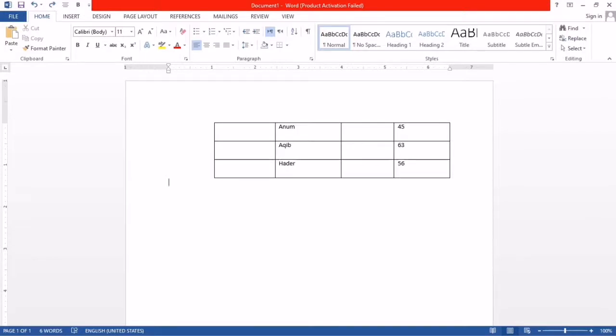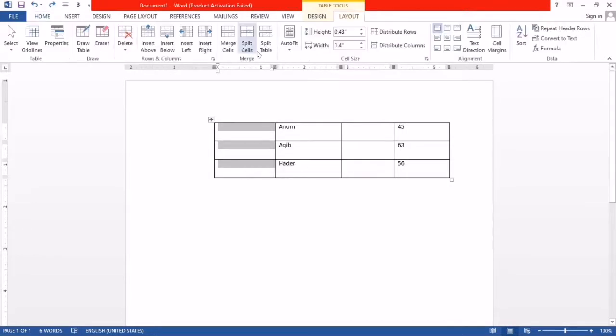Another thing we can do here, now we want to do merging and splitting cells. So what is the meaning of this? This cell is here, so you select this cell and go to the layout tab. You can see here 2 tabs, one is page layout and the last one is only layout. So you click on the layout tab. Here you can see different groups, and this group is the merge group. In the merge group there are 3 options: merge cells, split cells, split table, okay.